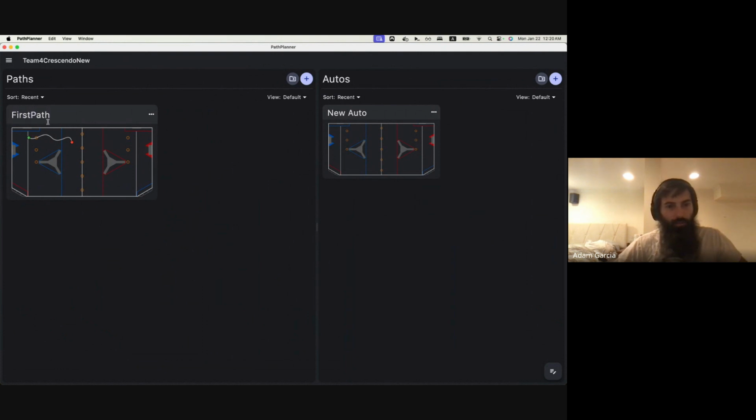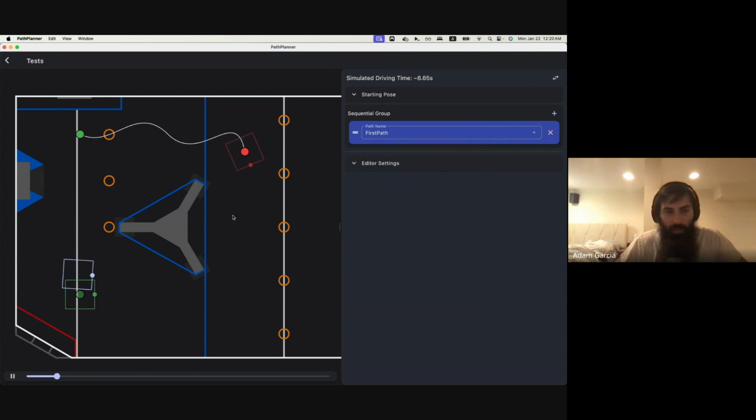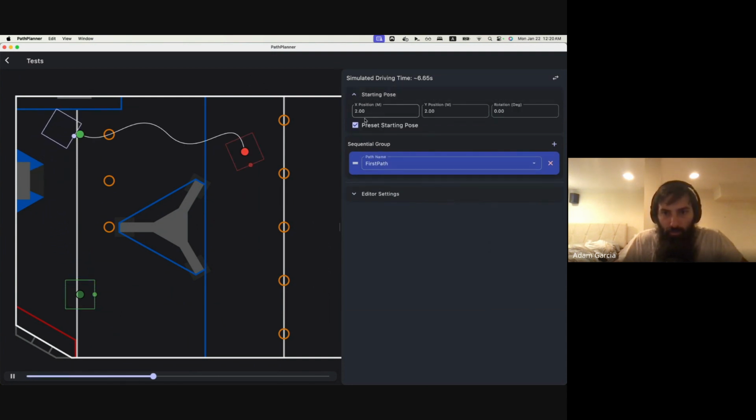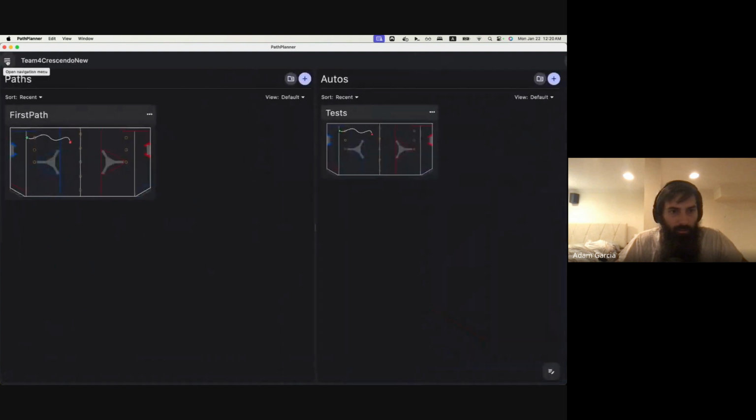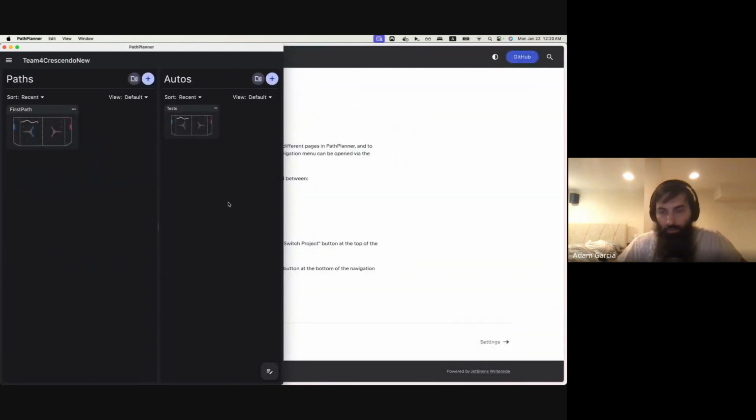First pass. Tests. Edit. Sequential route. Follow path. First path. Starting pose. Go back. Tests. Nice. So now, hopefully,